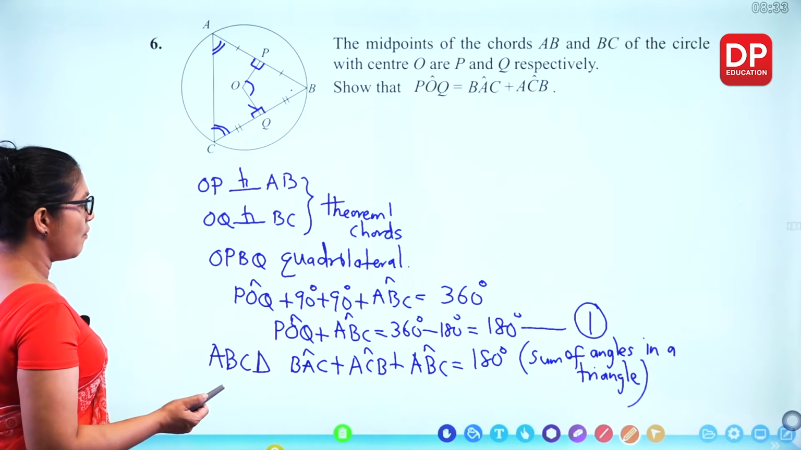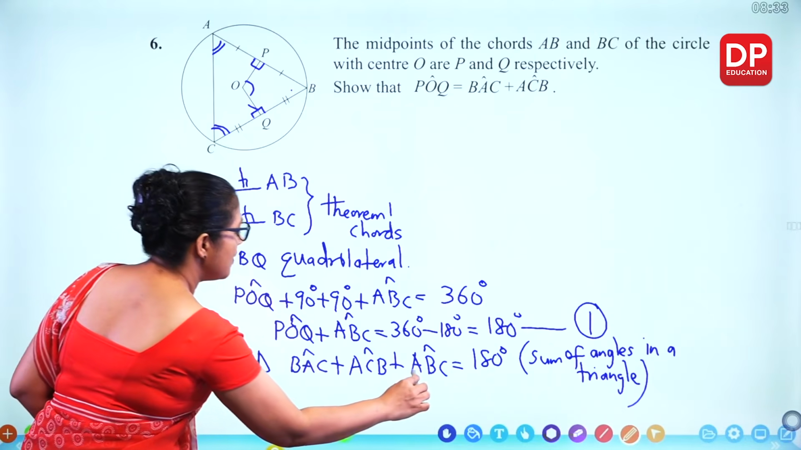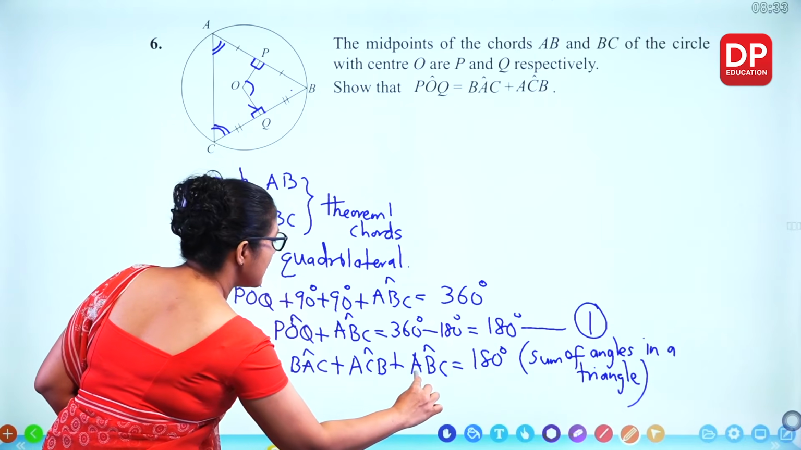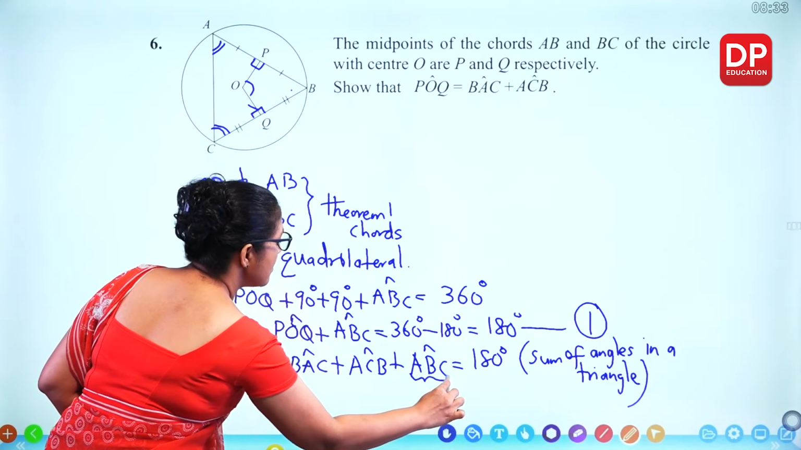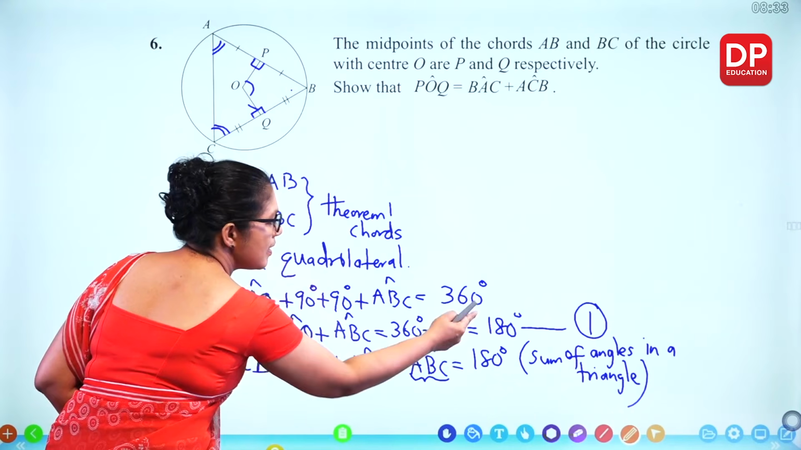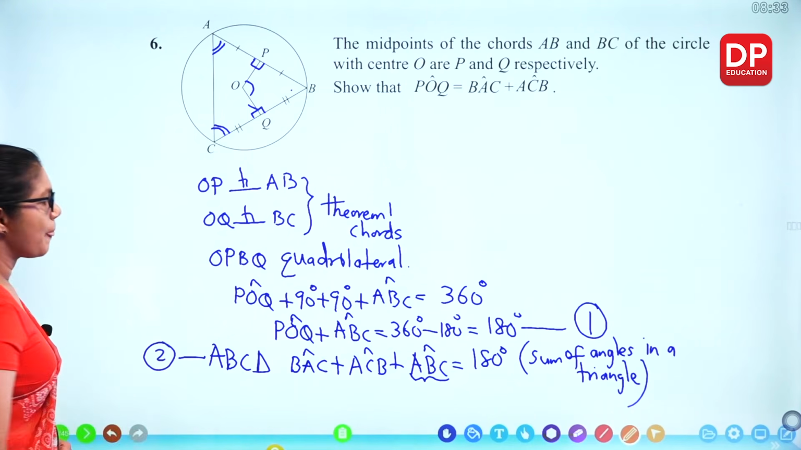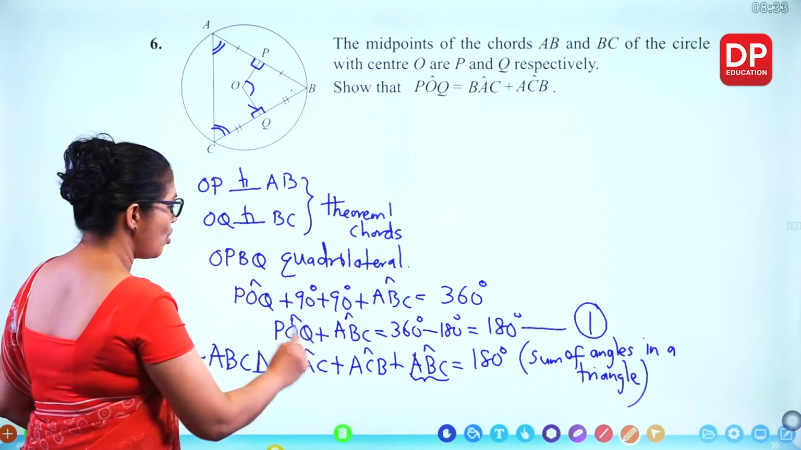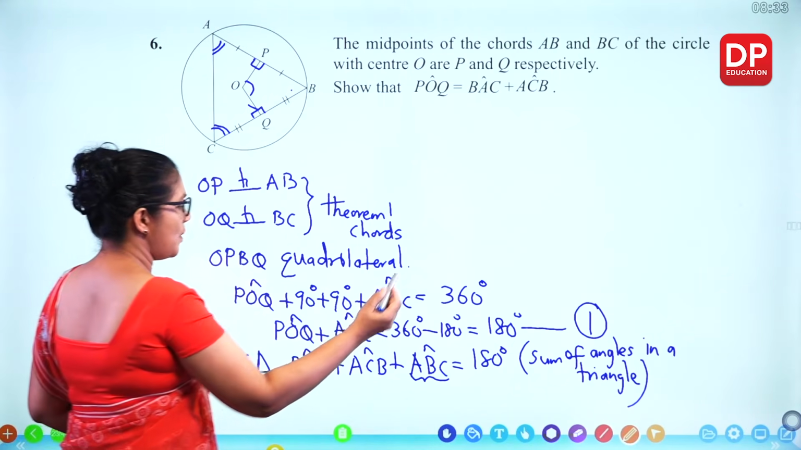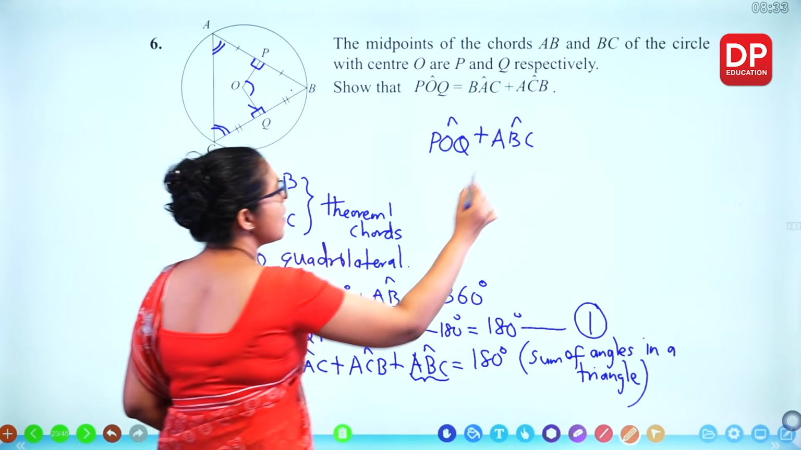Now here, what can you say about ABC now? Here, we'll take this one to the other side, or you can just equate. Here, both are equal. So this is equation number 2. So according to 1 and 2, both sides are equal. We can write POQ plus ABC, this side, is equal to